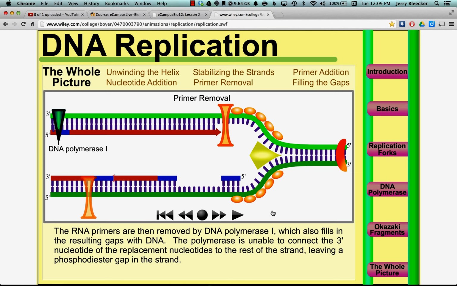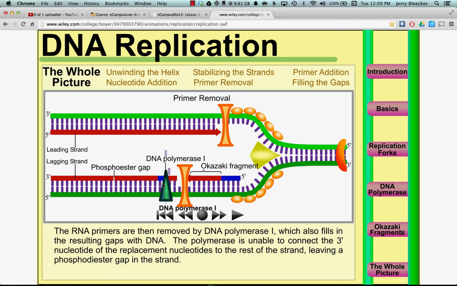We'll look at the top strand now. What had happened as the nucleotides were added in by DNA polymerase III is growth occurred towards the replication fork. Now another cousin, DNA polymerase I, comes along, and watch what it does. We'll just press play now, and you can see that DNA polymerase I grows in the DNA over top of